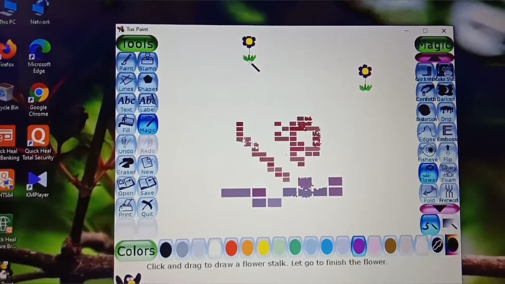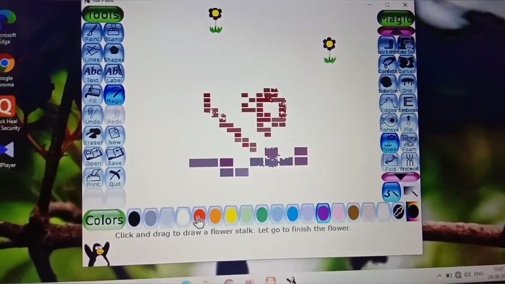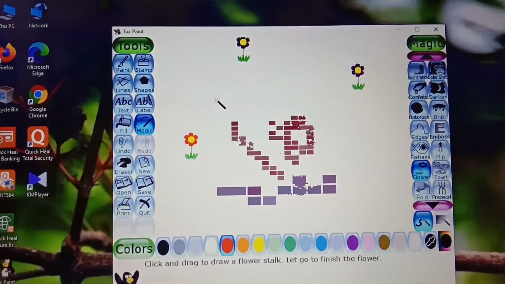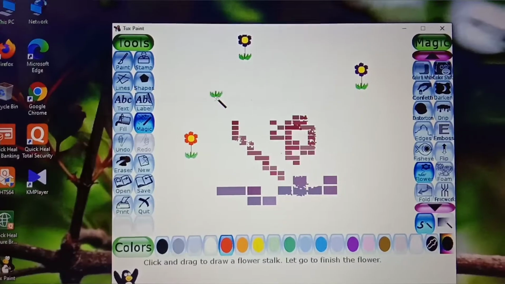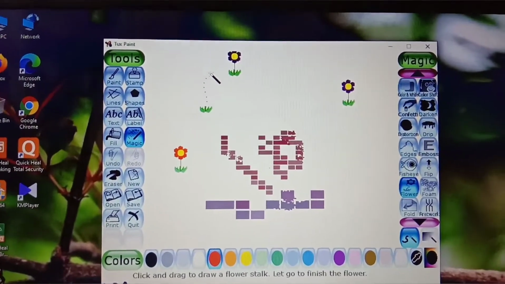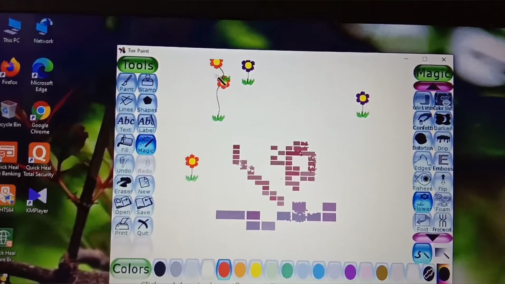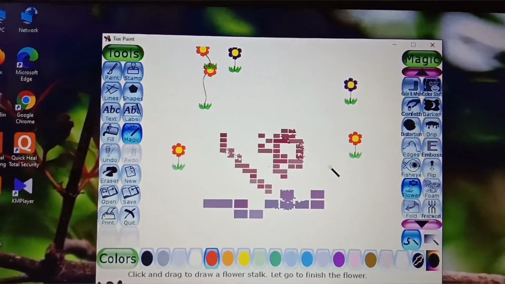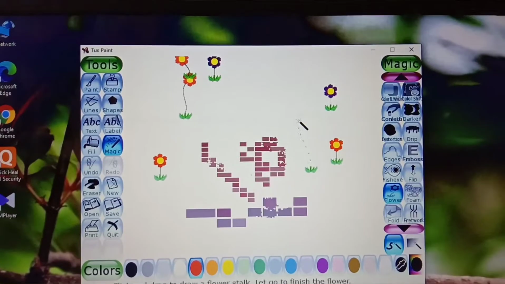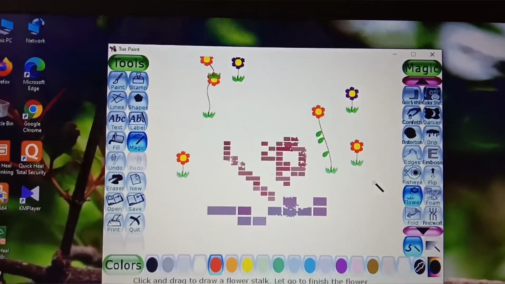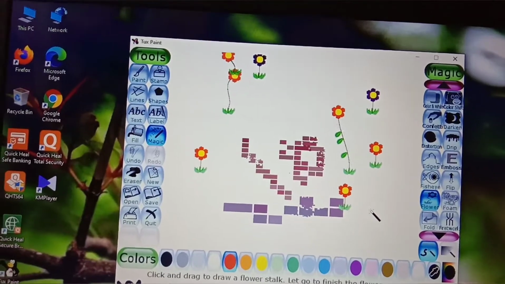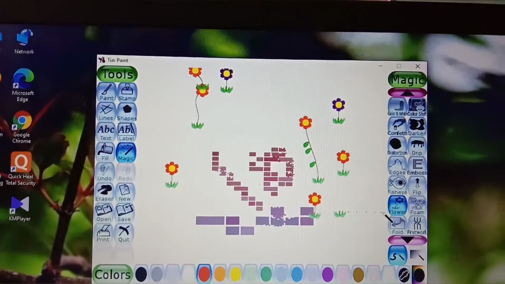You don't need to draw it at all. Then I click the red one. So one more thing, if you are using the dragging over here, then the picture will look like this. If you look, you can see the dotted one. Okay, so the normal size is this one. If you use the dragging, the picture will look like this. Dragging as your requirement.